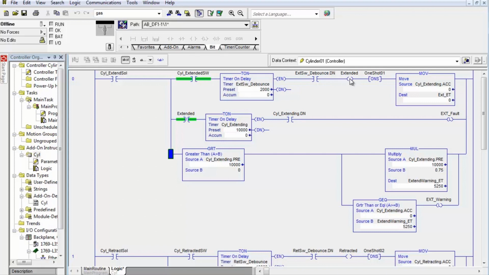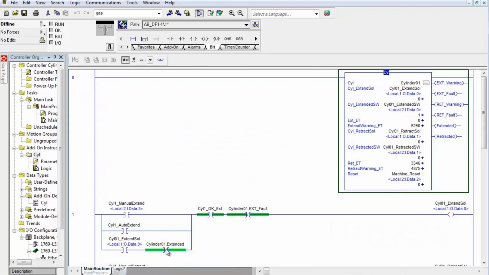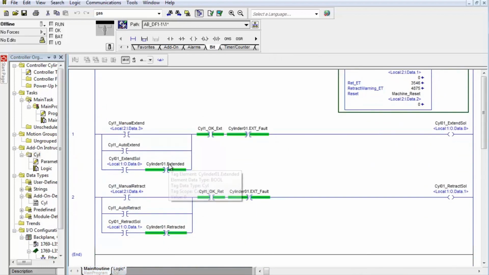Nonetheless, this extended bit and this retracted bit, we need those out here to extinguish the solenoids once the switches have arrived. Now, in the real world, you would probably have some other method of controlling that solenoid, but for all practical purposes, we'll say that this is a dual solenoid valve body